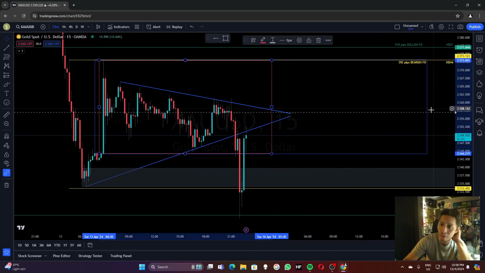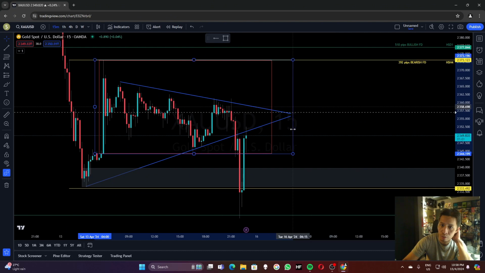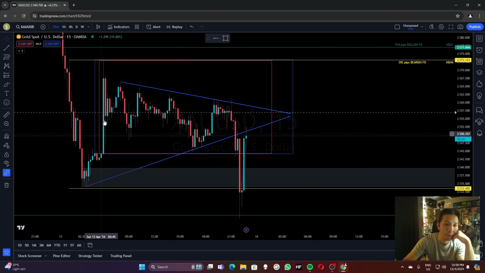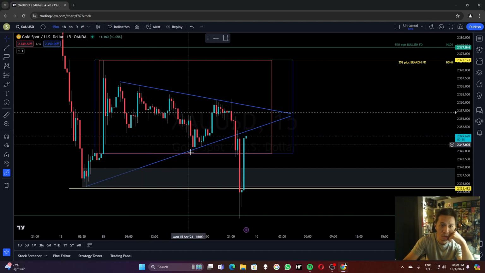So the 15-minute zone is the red box, the 1 hour zone is the blue box, okay. And price was just playing inside this zone the whole day, okay,